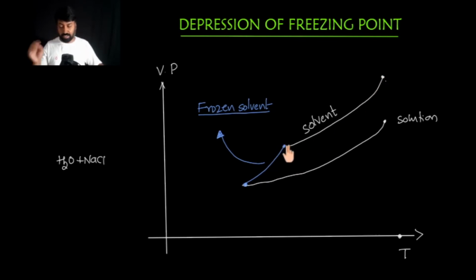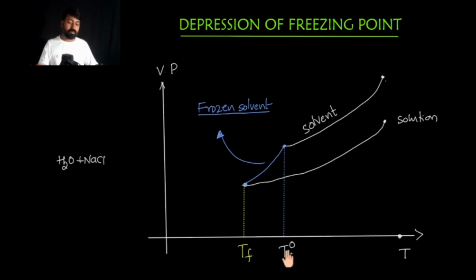Here it is solidified. Let me take a line here. This will be the freezing point of the solvent, which I'm going to write here as T not F, the freezing point of your solvent. Now this other point is the freezing point of the solution. Therefore, I'm going to write this one as TF. So which one is larger here? T not F is the larger value.